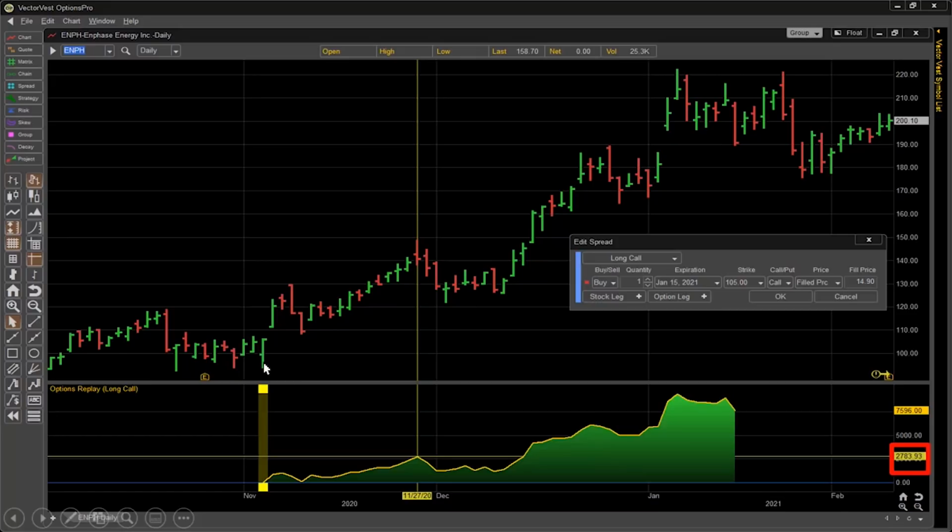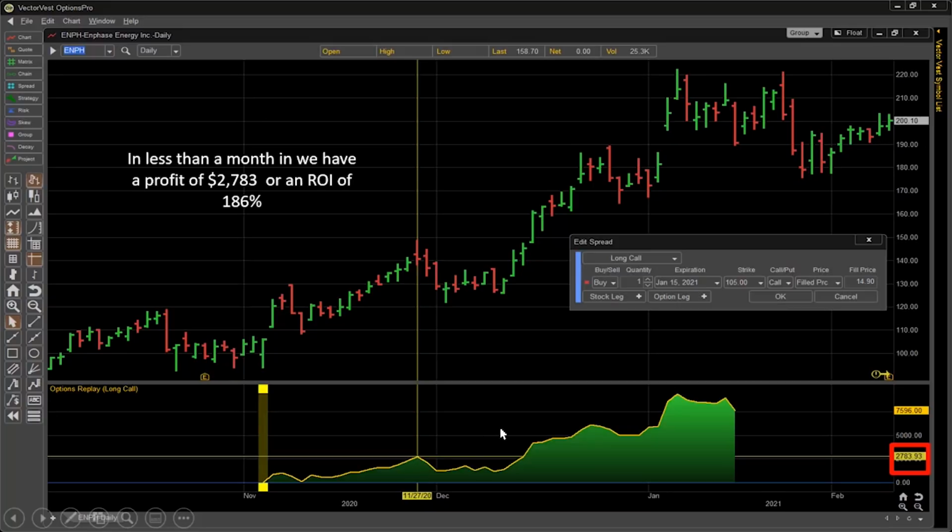The stock on this options replay screen will show you that the stock continued to rise, and I've just signaled out a couple of spots here just to make the point of how important trade management is when you're trading options. So here you can see that just in less than a month, we have a profit of $2,783. Okay, that's a return on investment of 186% on your initial investment of $1,490 for just the one contract. That is the definition or the illustration of leverage.